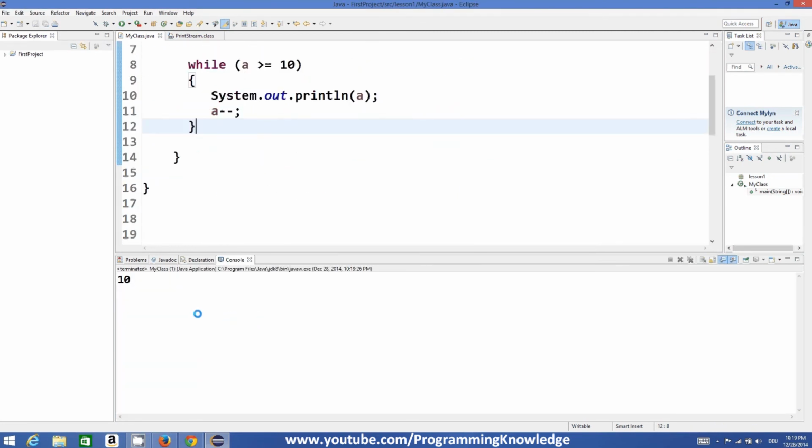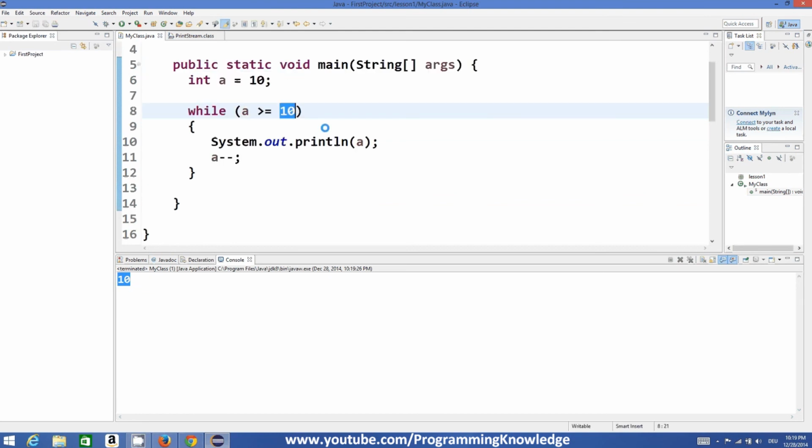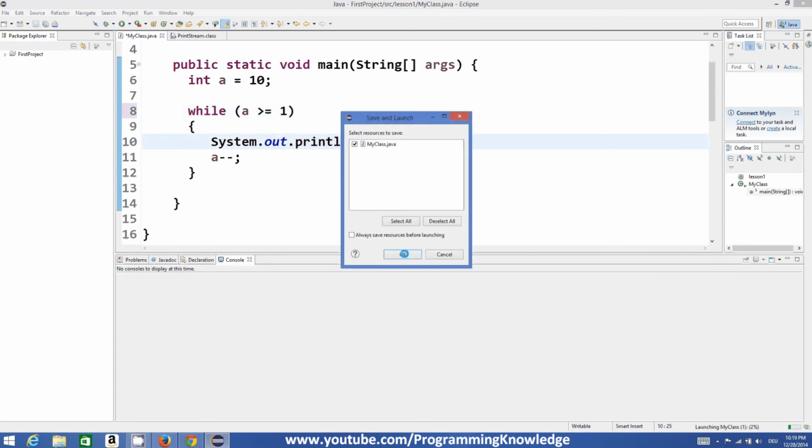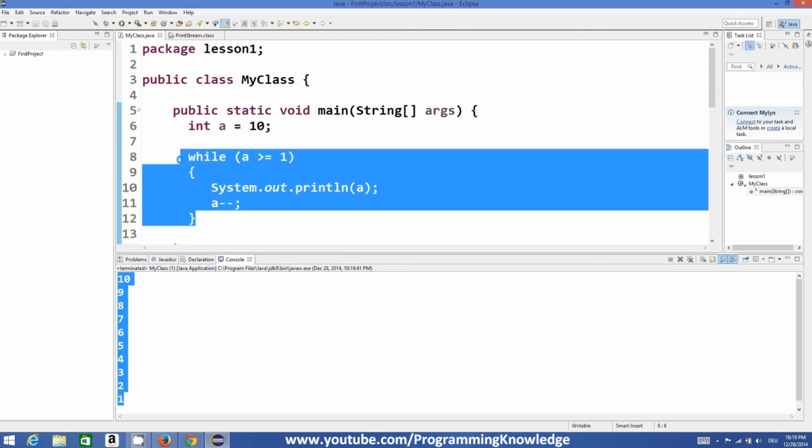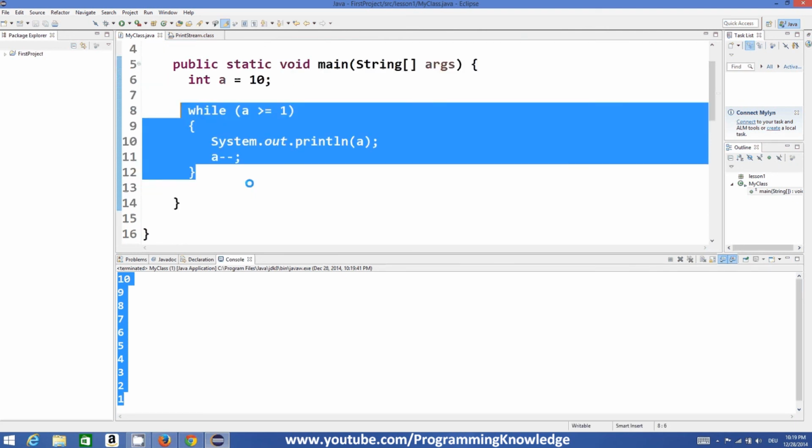It will print a equal to 10 and so on. It has printed the values from 10 to 1 in decreasing order. So you can execute your code like this also.